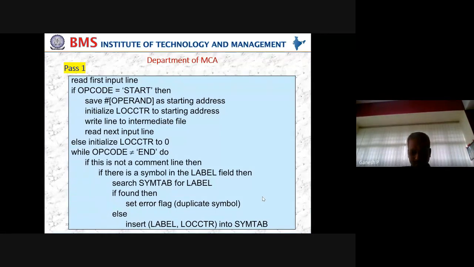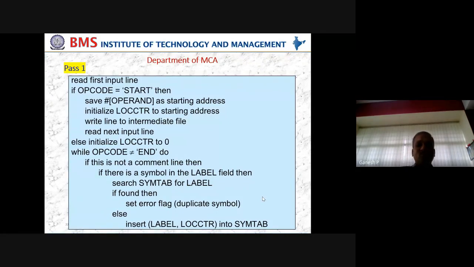Okay. Now what is ready for us now? System software is ready. The assembler piece of software is ready. The source program is ready. We have those two data structures, optab and symbol table. Now the source program is submitted to pass one. What pass one is going to do is what we are going to look at. And this is the pseudo code or algorithm, because it's not an actual program.